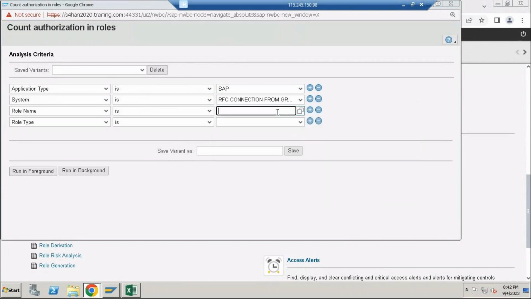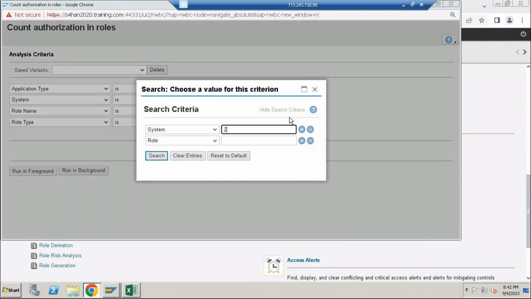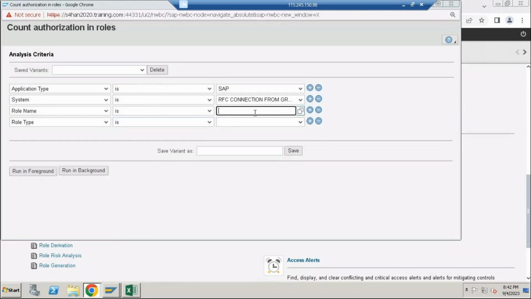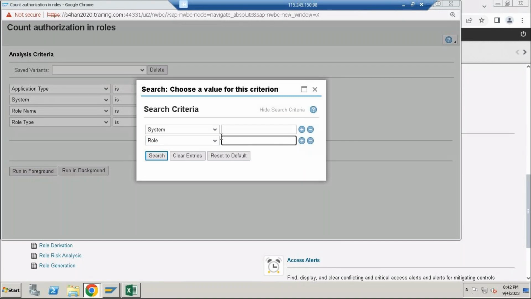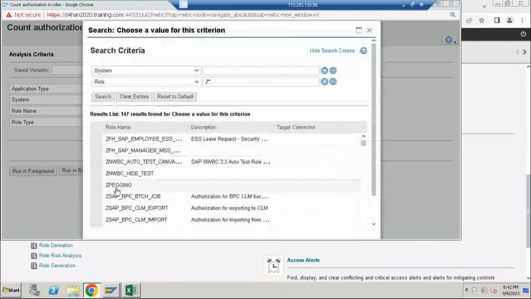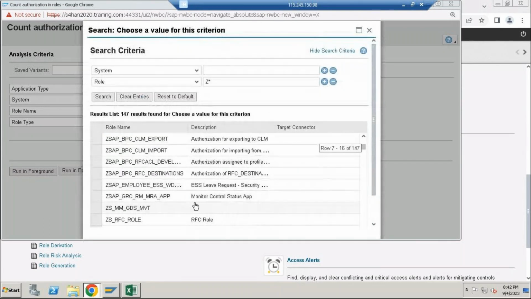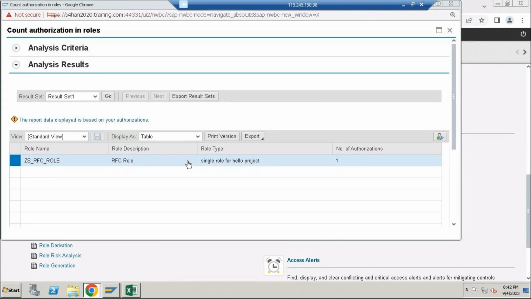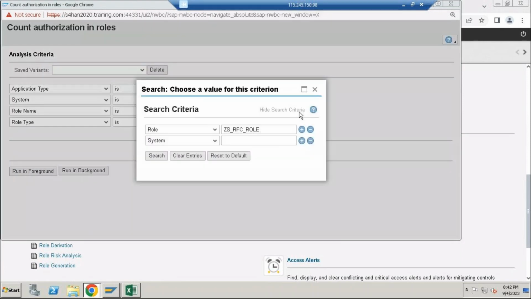Okay. So just give a role name. So J star, and selecting some random role here. Something like Z underscore RFC. Just running this one. Now, how many authorizations are available in this role? Only one authorization is available. In the same way, you can give some other role name and the